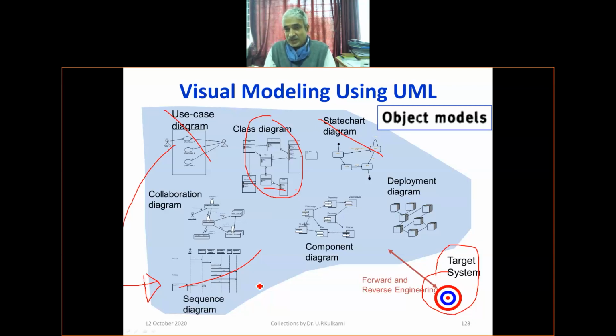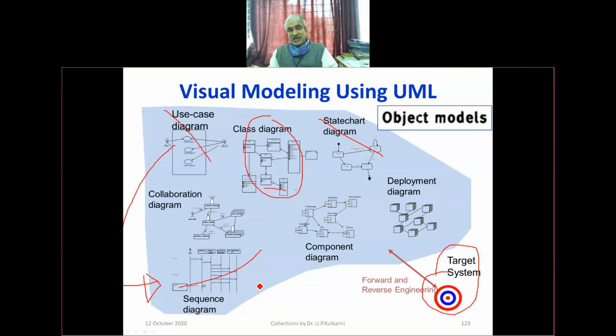So now, the target system is being visualized in terms of the classes which you have already created, you know that, and their collaborations, their behavior, their attributes, their properties, all that makes a class diagram. Are you clear? That's what we are going to see now hereafter. Class diagram. What is the purpose of the class diagram? The purpose of the class diagram is to know the whole system that is made up of different classes, their connectivities, every class's properties and their collaborations.